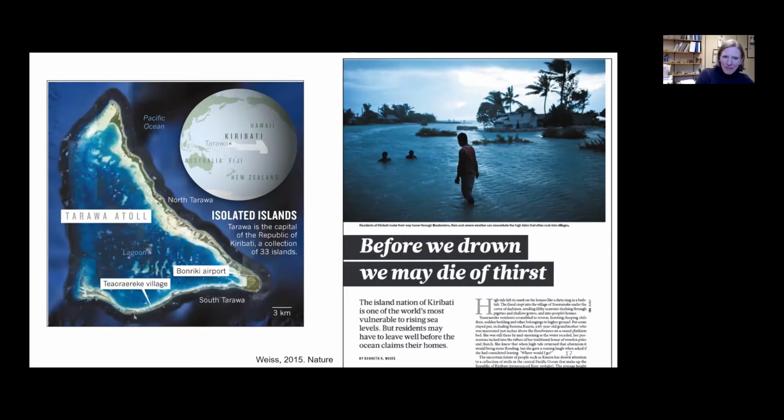in the world. However, sea level change may not be the thing that actually causes displacement of people from these islands. In fact, it's more so the issue of things like tidal fluctuations, things like king tides coming onto the land. So this is sort of related to sea level change, but it's more isolated incidences of tides overtopping the land surface, and storm surges, and things like these kinds of one-off events that are potentially causing contamination to water resources. So that's why we have this title of the article, which says, before we drown, we may die of